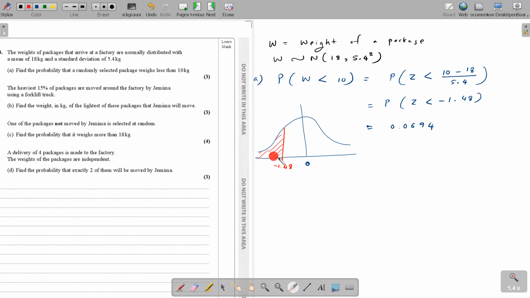And do you remember in your table you don't have negative figures? If you are using the table without the calculator, you don't have negative figures. What do you do then? You use the symmetric property, and you take the same area from the other side. Plus 1.48, you can get the same red color area by this green color area. So in the table, you check for 1.48. The table gives the probability behind this. Then that area you have to subtract from 1. So shall I show it from the table also?